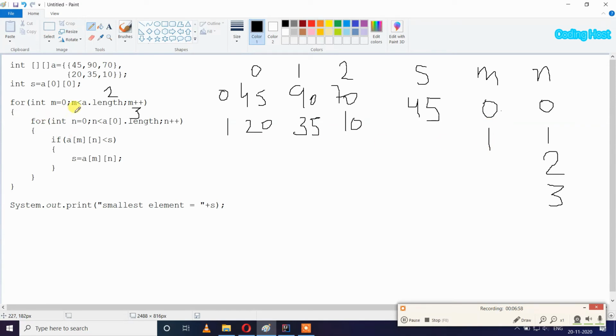After that it will again check here that m is less than a.length, so m is 1 and it is less than 2, so our condition is true and we again get inside our loop. After that we have again the n loop in which n is starting from 0 and it will run up to the value of 2, but now the value of m will remain 1 and the value of n will go from 0 to 2, so now it will check all the elements in the second row and compare them